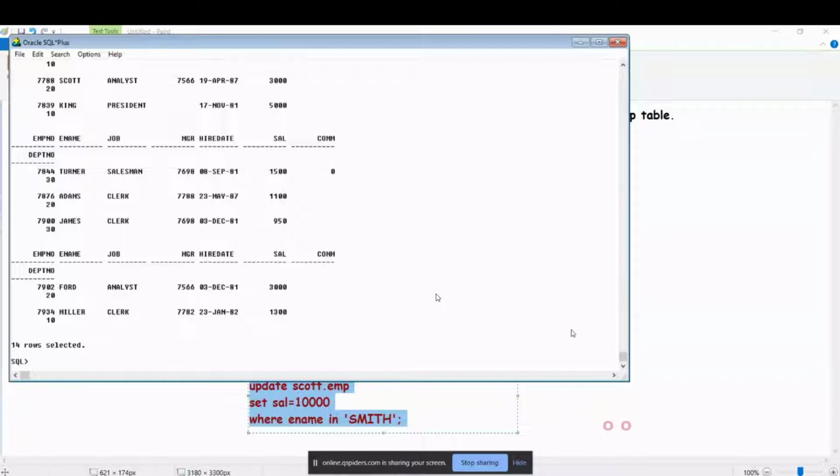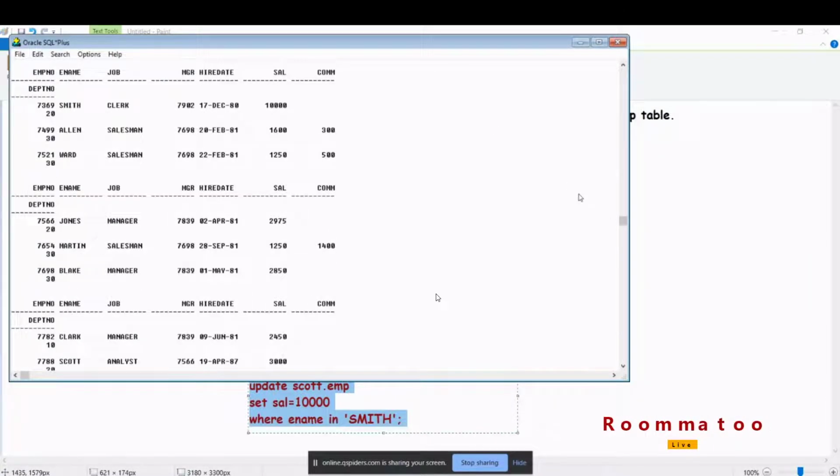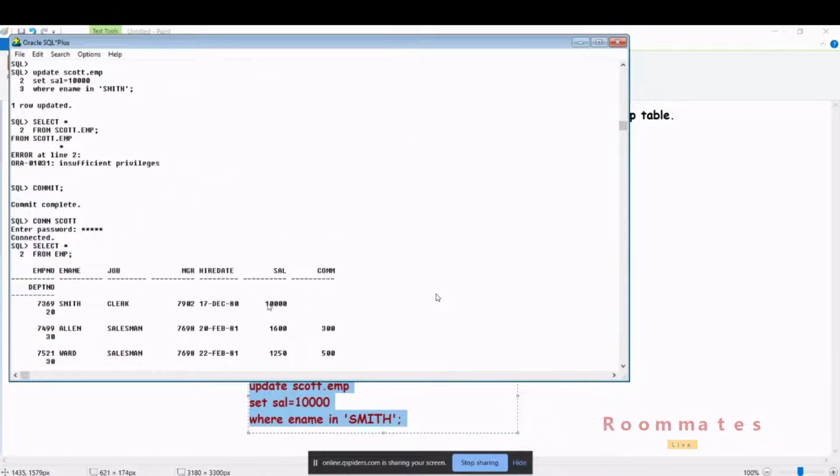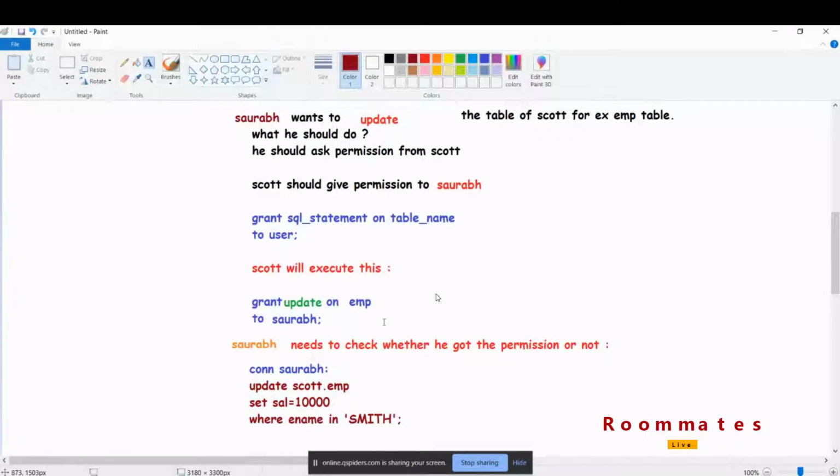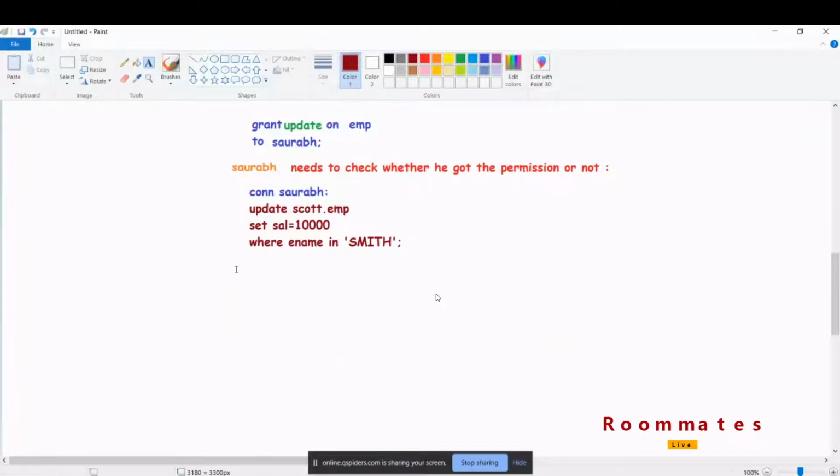Look at the output. Look at the salary of Smith. Okay, look at the salary of Smith, guys. Is it updated? समझ में आया सबको? Everybody understood this? Simple it is. Okay, then after that, if you want to verify,